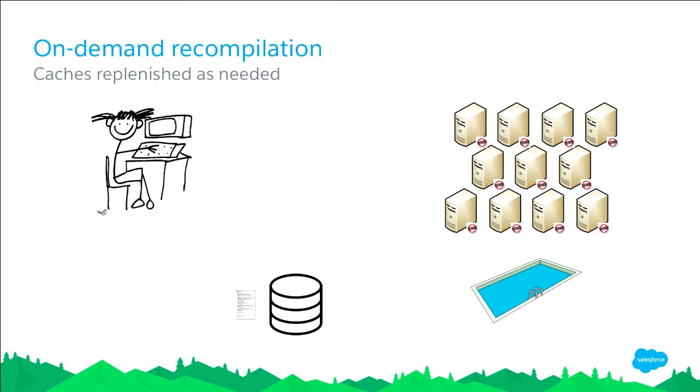Check the level 2 cache. Nope, nothing there. I'm going to have to recompile. I'm going to have to start over again and compile. We're not going to compile everything at once. We're just going to do it when you need that. What files do you need? If you need 3 files because they call one another, we're going to do 3 of them. If you need the whole of your org, we'll compile the whole of your org and we'll put it up